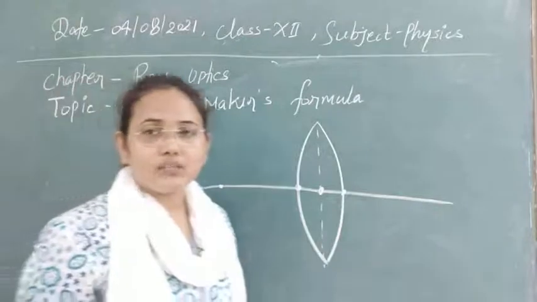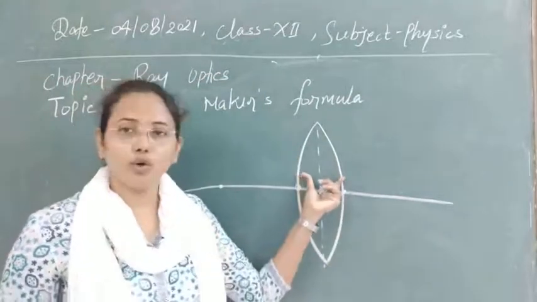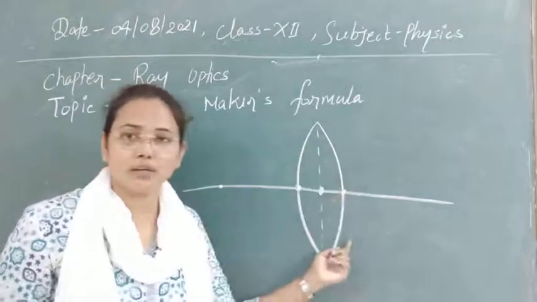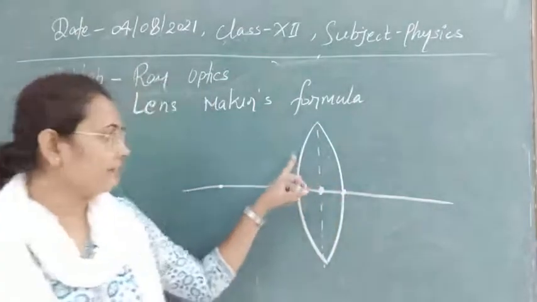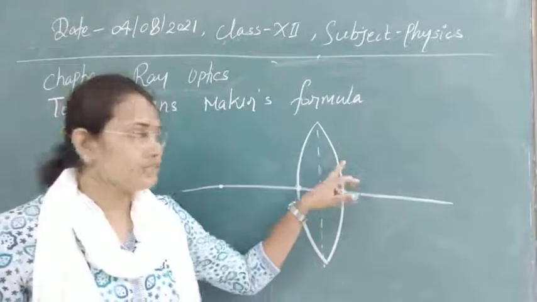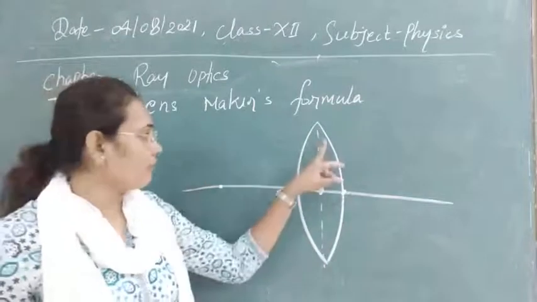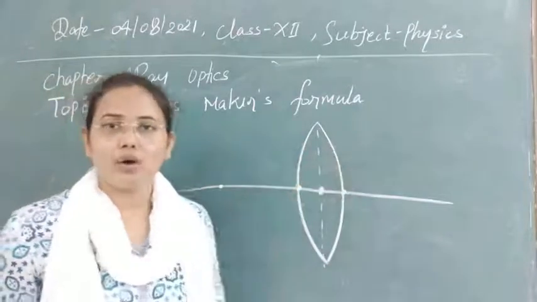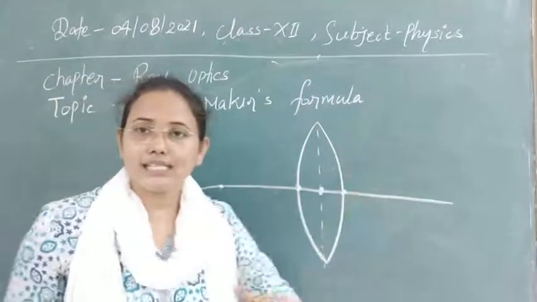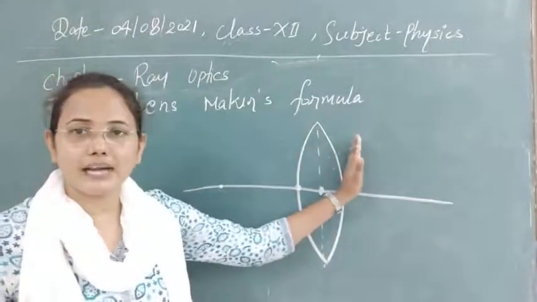Clear? Next, we are going to consider that this lens is made up of two convex spherical refracting surfaces. One is this one and the second is this one. So the image formed by the first refracting surface will be the object for the second refracting surface. It means this surface will not see the original as an object, but it will see the image of the first one as the object, and the final image will be formed by this second one. So in this case we will get two images, one formed by the first refracting surface and one by the second refracting surface.